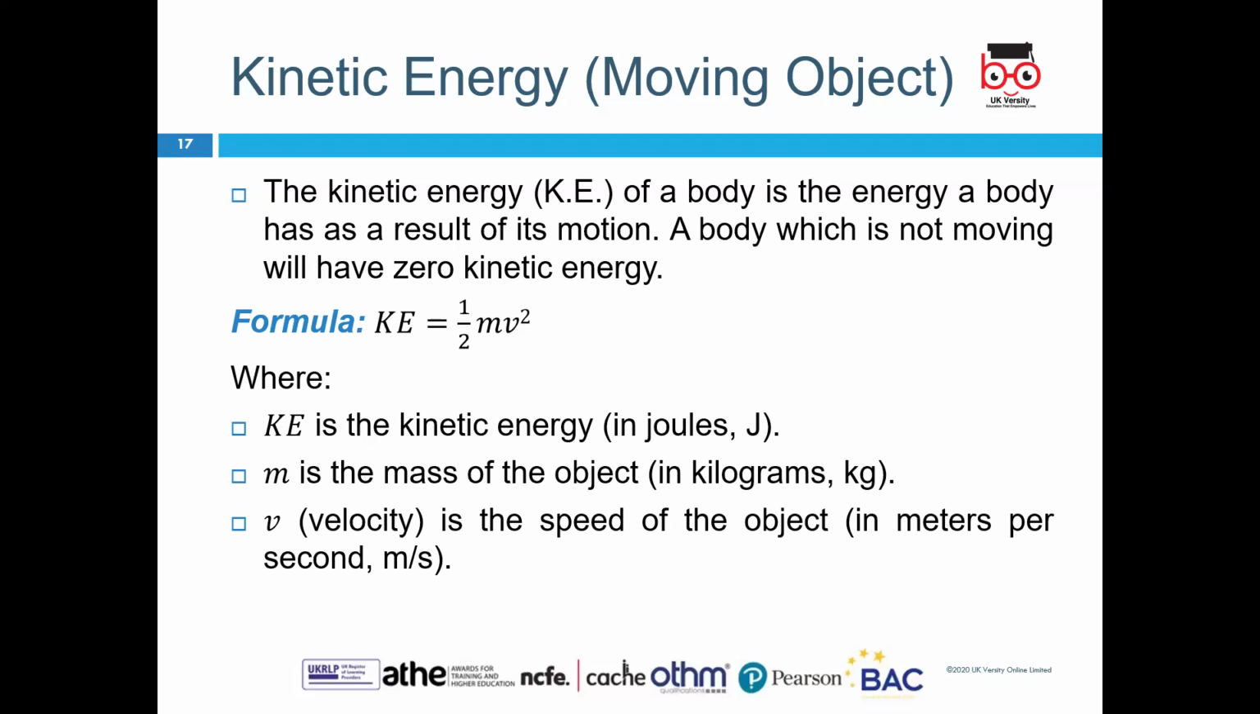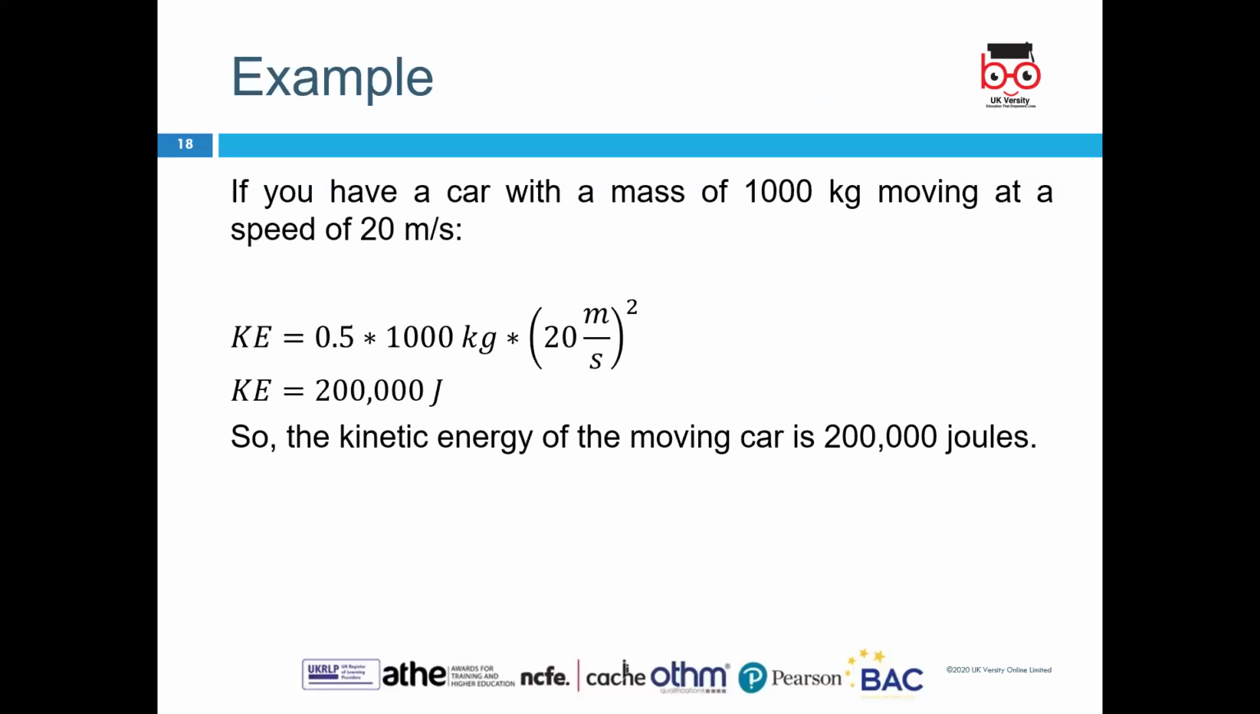where KE is the kinetic energy in joules, m is the mass of the object, and v is the velocity, which is the speed of the object in meters per second. So this is the formula for kinetic energy. So we look at an example. If you have a car with a mass of 1000 kg moving at a speed of 20 meters per second, so the kinetic energy generated by the car, or the kinetic energy of the moving object, is 200,000 joules,